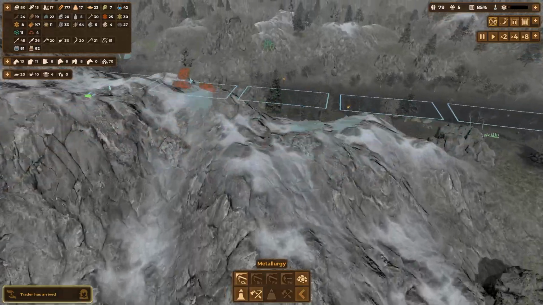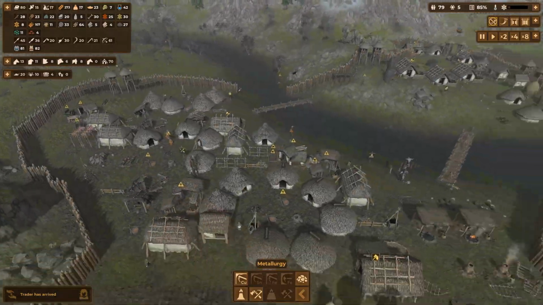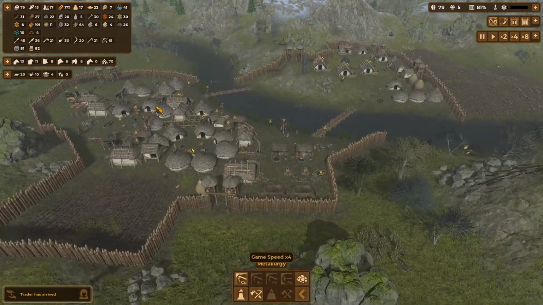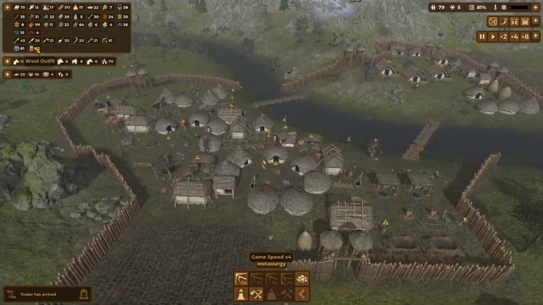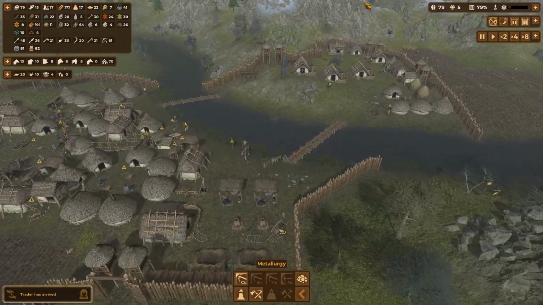And the close by ones anyway. Maybe put one across the river. No, that should probably be fine. Don't want to build too many of them. But we're starting to run a little bit low on copper now that we're producing more copper tools, so...